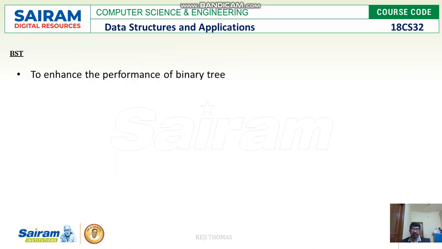So let us see what a BST is. To enhance the performance of binary trees, we use a binary search tree. Our main focus is to concentrate on the search operation. As the name says, a binary search tree is going to enhance the search operation.